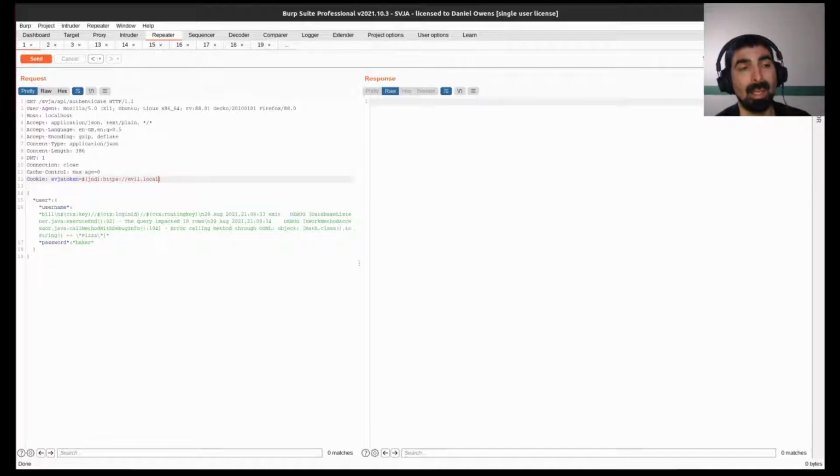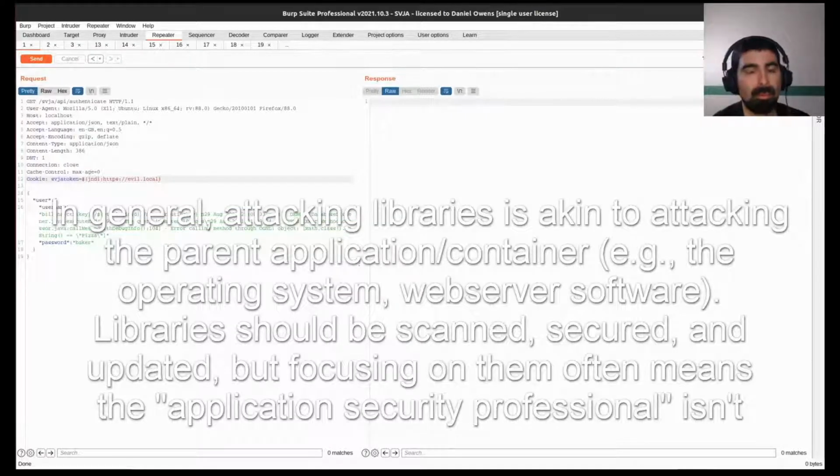Typically, if it's a library issue, we are going to patch it because, as we've mentioned before, attacking libraries isn't the most useful thing. Not if you're a software security engineer or a software developer, because a library is a more universal issue as compared to if the problem is in my own code. I can control problems in my own code. It's a little more difficult when it's something outside of my sphere of influence with regard to